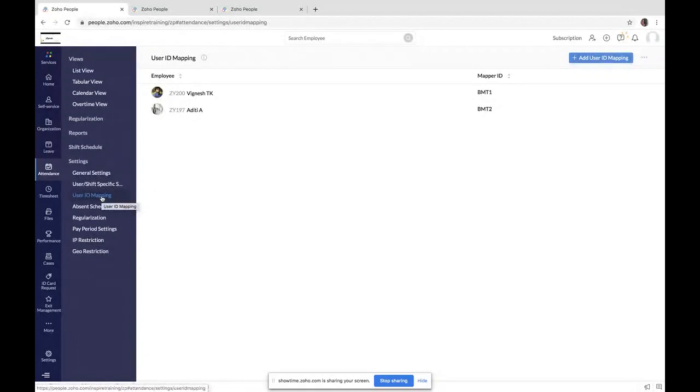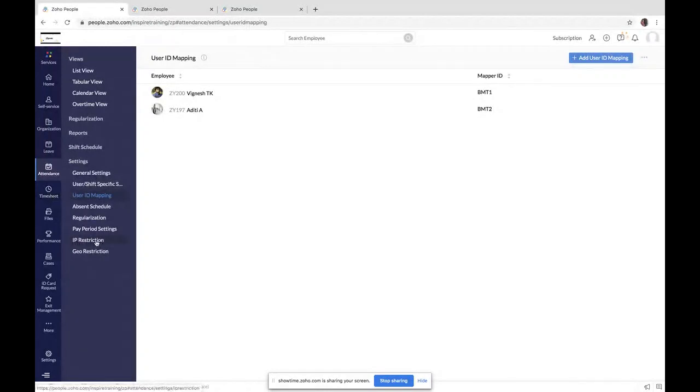So along with the biometric integration, we do have support where you can automate your timesheet entries into the attendance modules as well. Say employees usually log their times for the respective jobs or projects, so the same can be converted into attendance entries. Those timer entries will be pushed into the attendance modules as check-in and check-out as well.